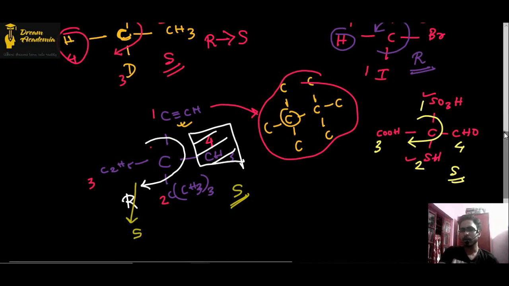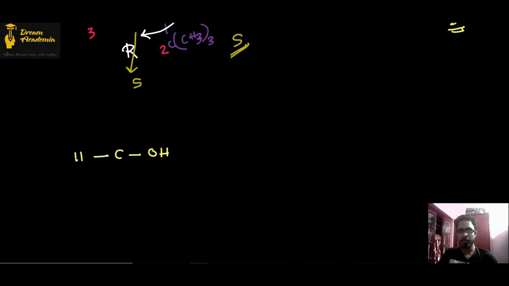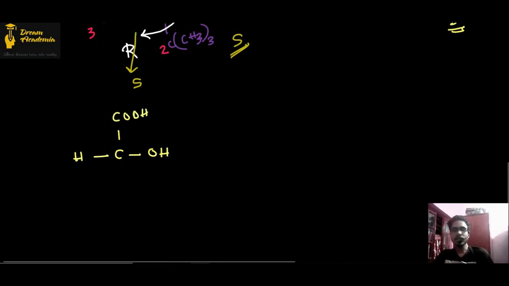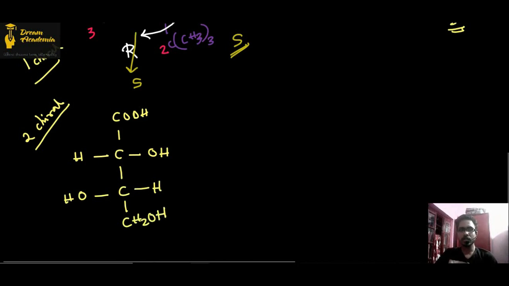Now if I come to this type of compounds where we have two carbons attached to each other, I mean two chiral center problems. Till this much we have denoted one chiral center. Now you are coming to two chiral center problems. So in these two chiral center problems, what will we see? As you know, these two become the chiral centers.